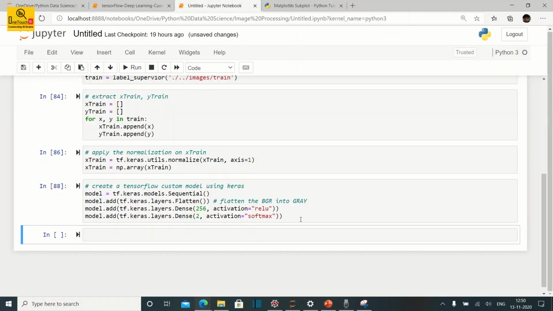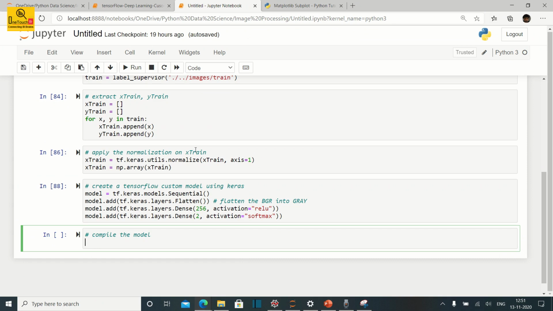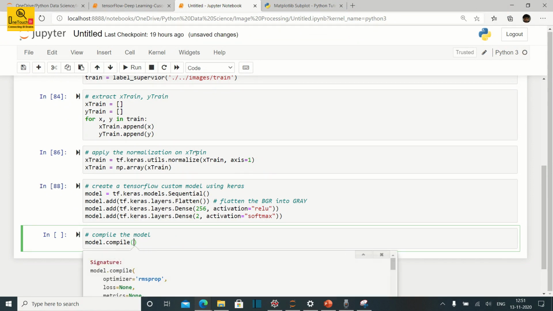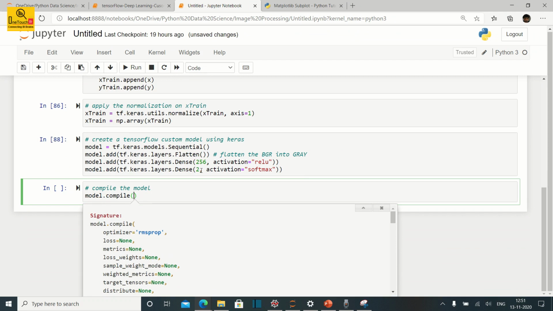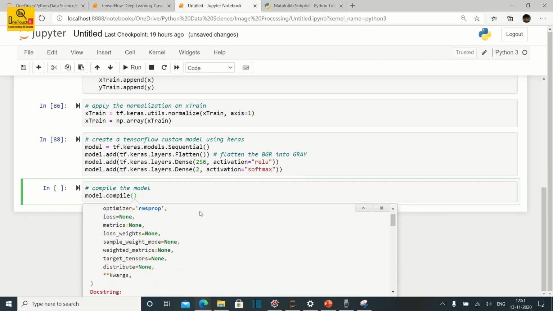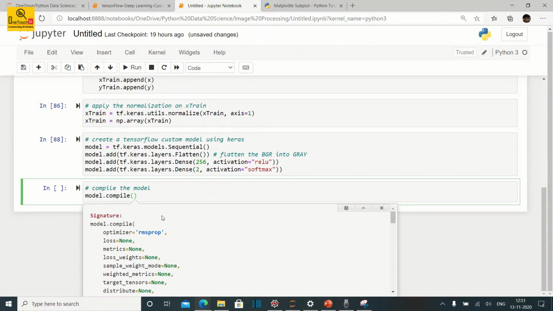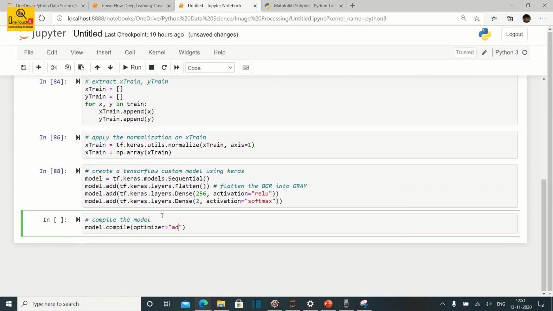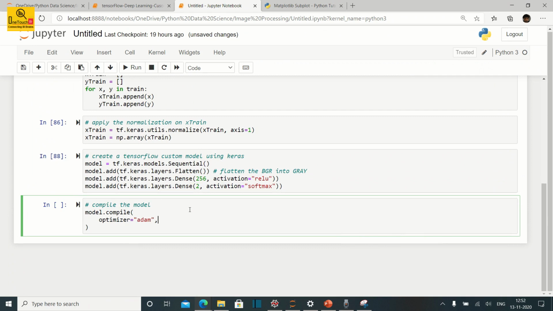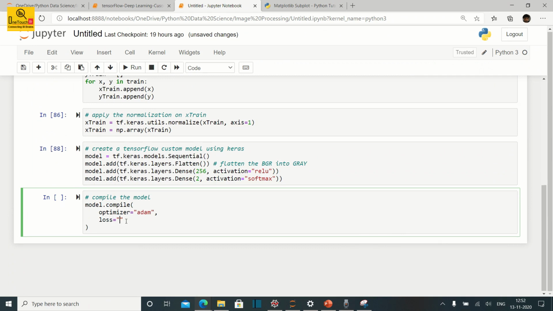Now we need to compile the model. Here is the syntax. We created the model, and the model variable is model dot compile. Here are the parameters we need to pass. It has lots of parameters. I'm not going to use all of them, only the first 3. The first one is optimizer. I'm going to use the standard optimizer, called Adam. The second parameter we need to pass is loss. Again the standard loss